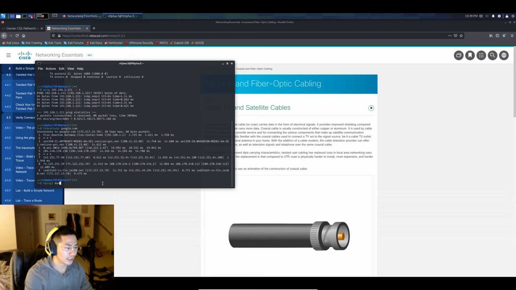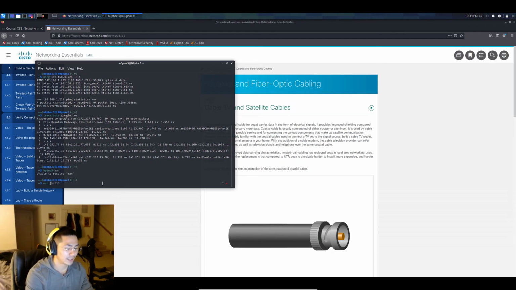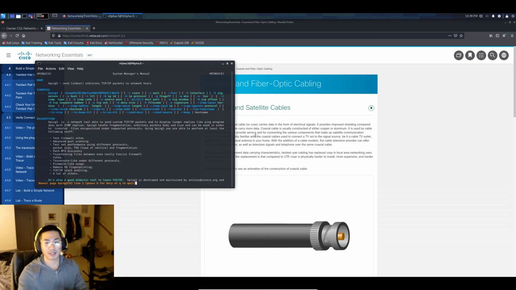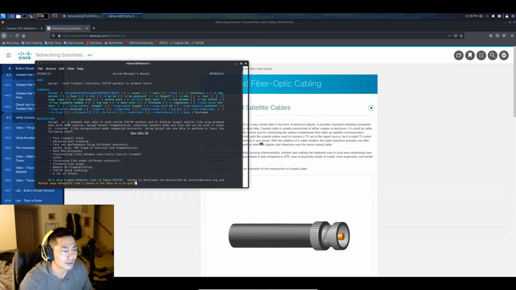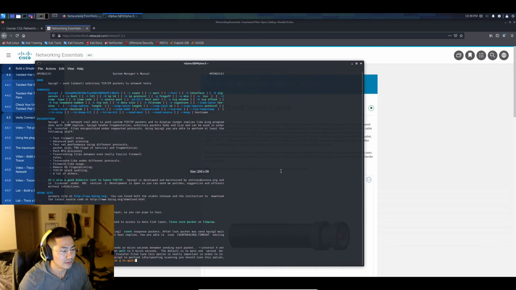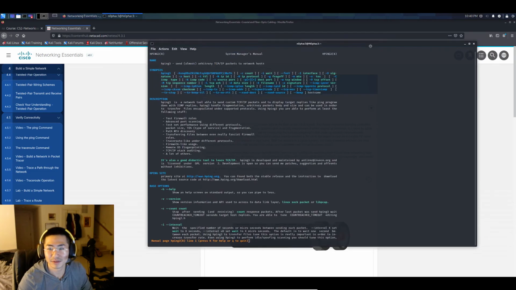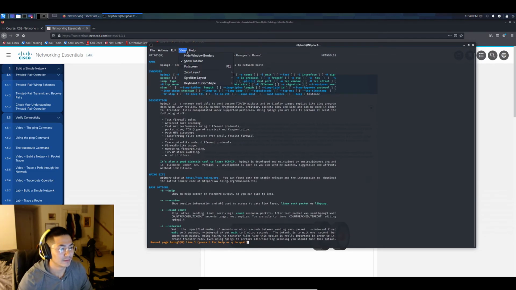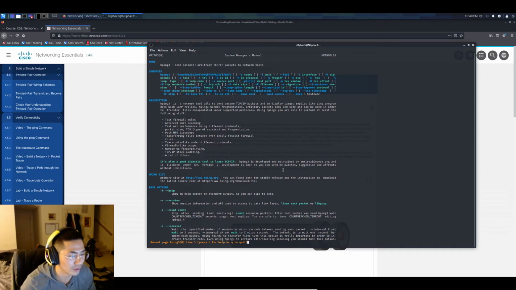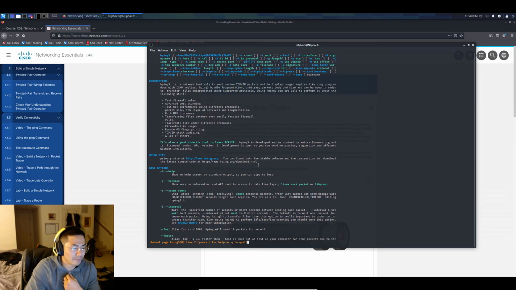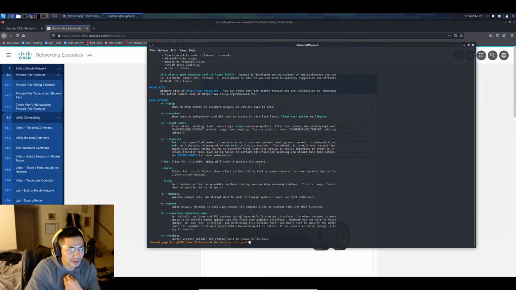If you want, I can man it. Man hping3. I don't know if you can read that. Let me see if I can make it bigger. For some reason my Control-plus does not work and won't let me zoom in. I'm going to have to research that. But basically,